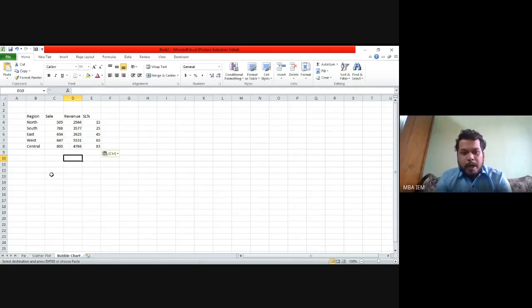So now if we need to plot the sales and the SL percentage in comparison in terms of revenue, there are three parameters which we are considering in a single visual, right? Those kind of visuals are generally made using a bubble chart.